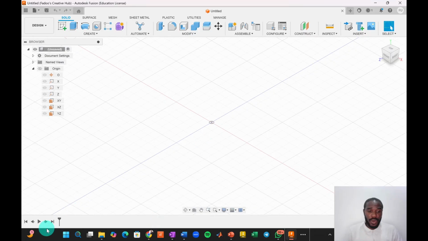So now down here is what we call the history or the timeline. When you begin to work on a model, every action you do is logged in this history bar or the timeline. The timeline or the history bar. So what you do will be